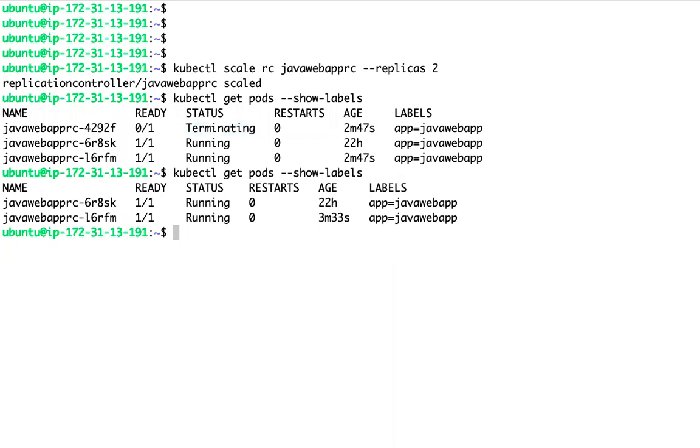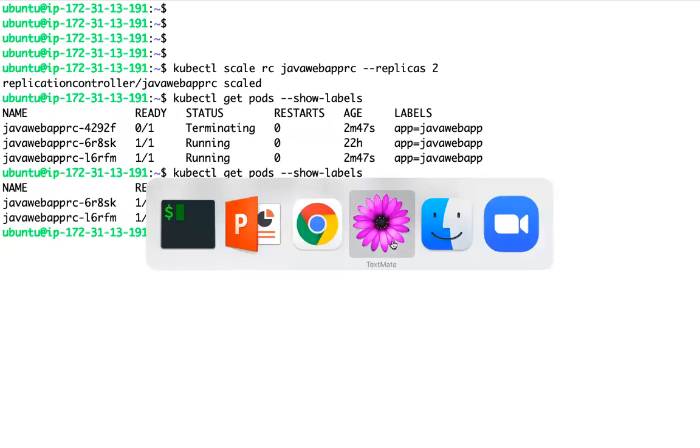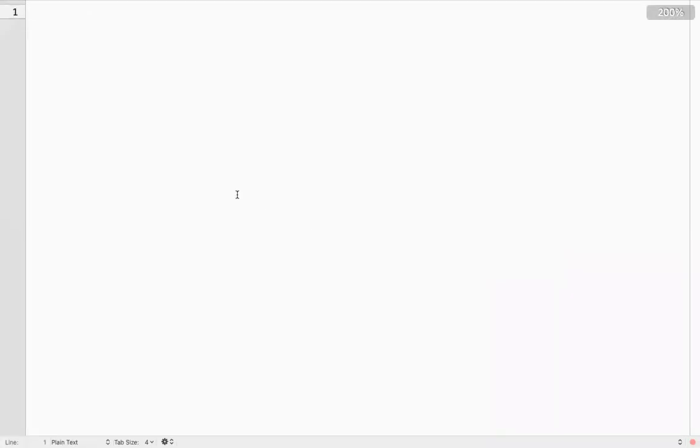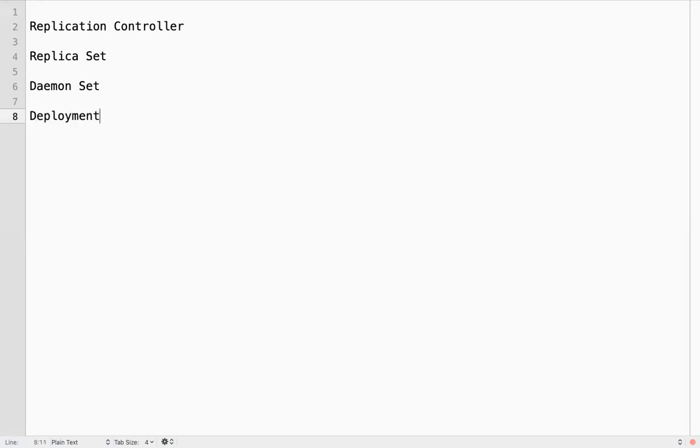Sorry, this is a replication controller. So we have a few more objects: replica set, daemon set, deployment, something like this.